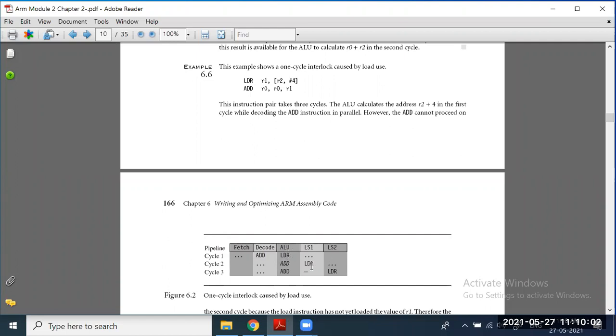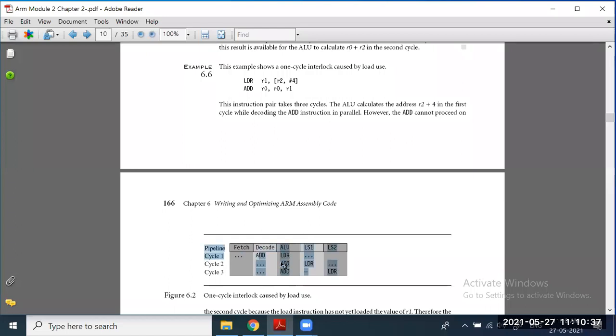In cycle 2, since this is a load and store instruction, it will come to this stage. Now the add instruction will come to the ALU stage. But here you see, after this load and store, it will move to the last stage, but the add instruction is not going to come. Still it is in the execution stage itself. It has not completed. According to our assumption, it should complete in this stage.